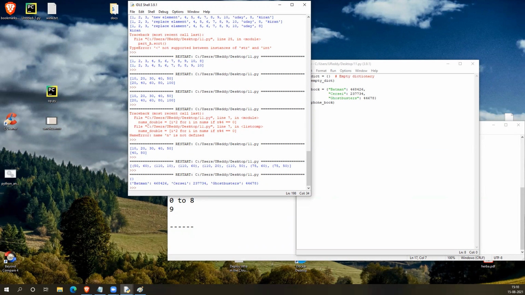So you can create a dictionary like this, or you can create a dictionary with a constructor method called dict. Let me show you that example. For single values, you can do it like this. For complex objects, it's better to use the dict function.